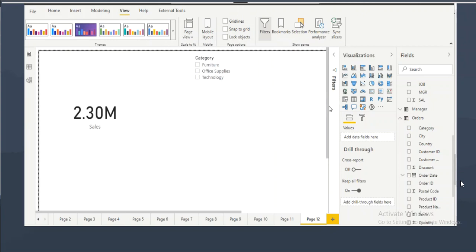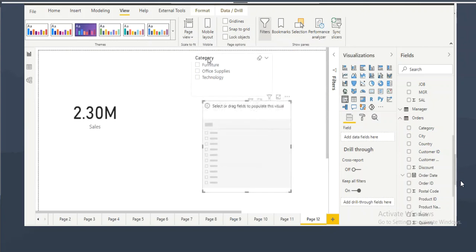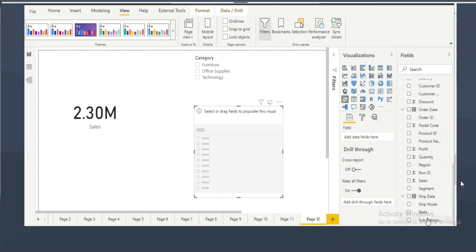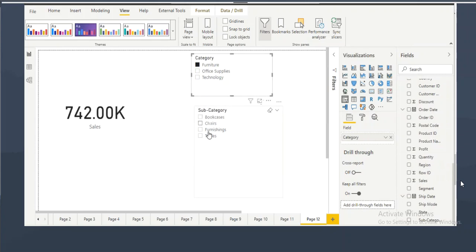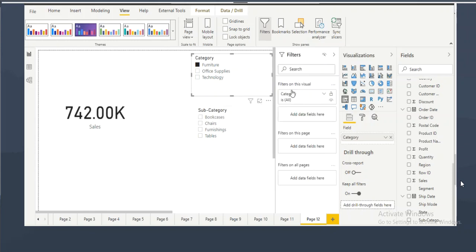Just wait, that is what we are even discussing here. I have a category column here. I have a subcategory column here. By default, it is showing all the 17 subcategories. When you go and click on furniture, it will show furniture related subcategories. Sunil, I'm asking, is this option available in the filters or not? You are showing it in the SQL Server visualization. Is that possible when you drag the subcategory column? Yes, it will be available.